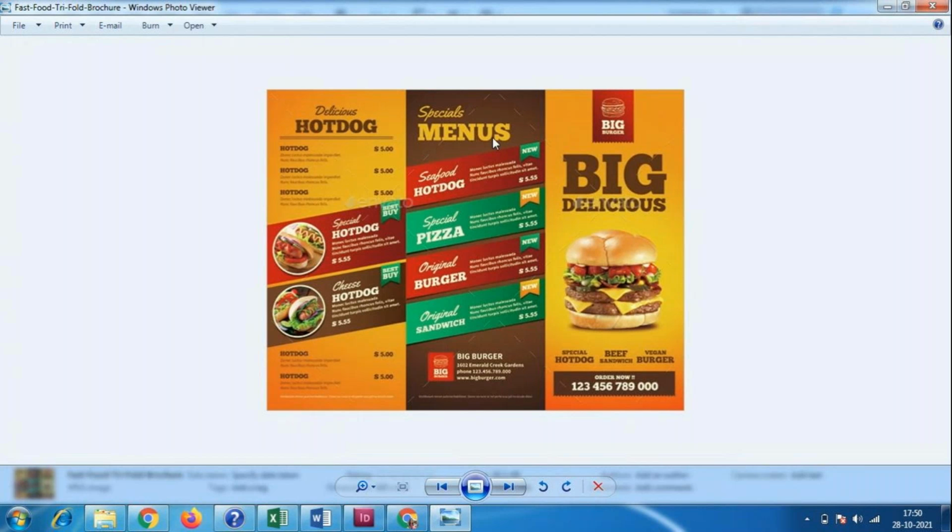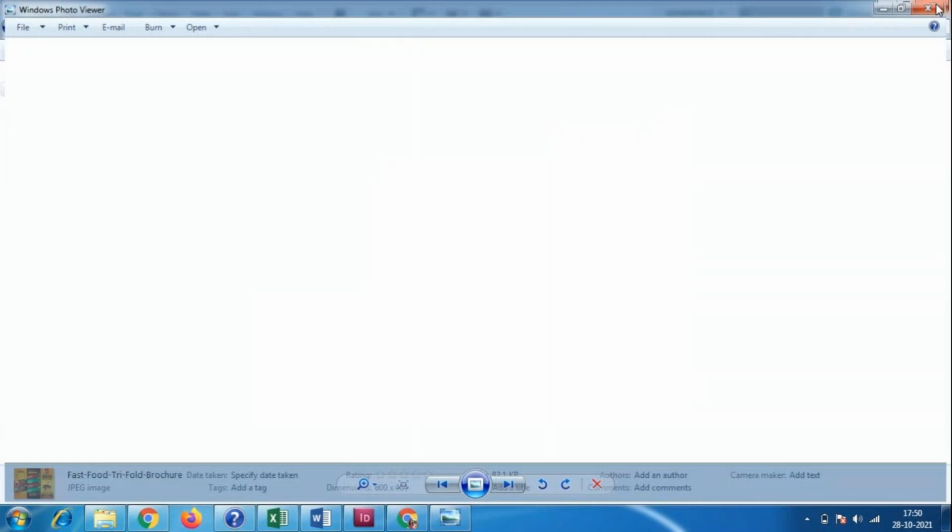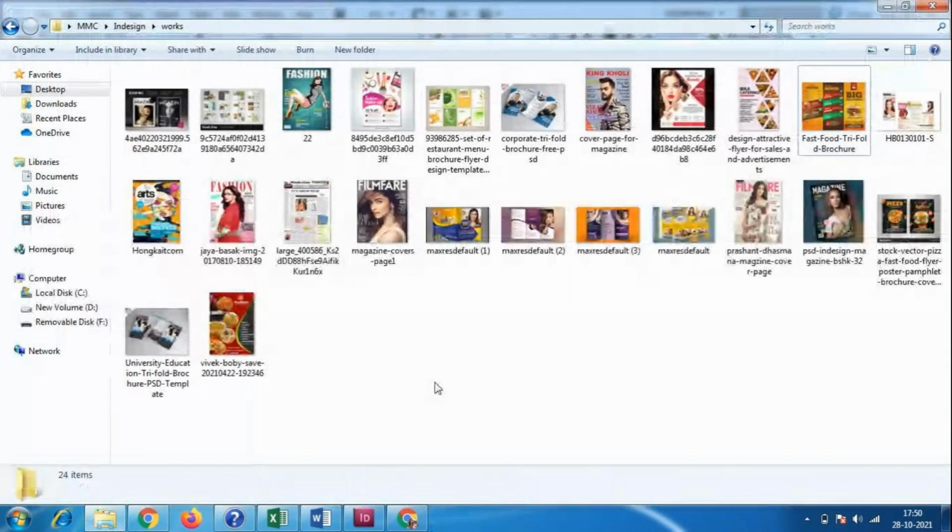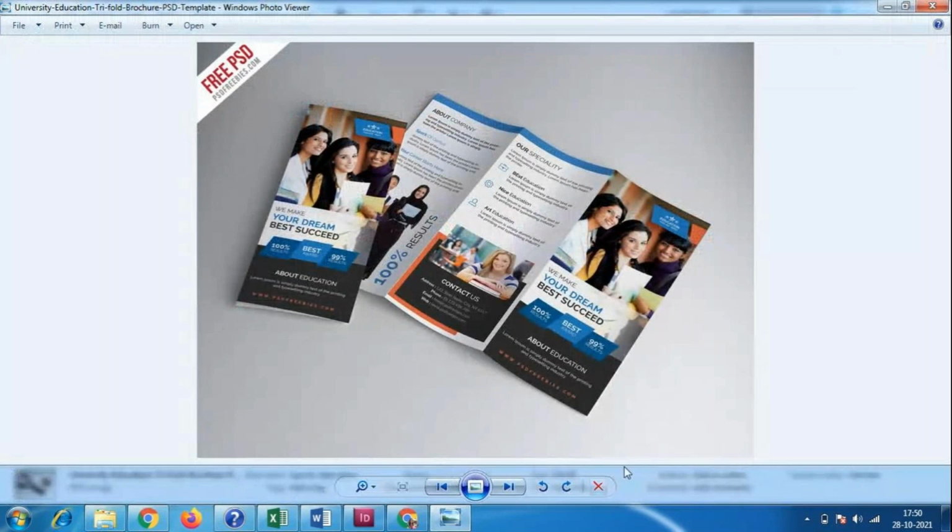Afterwards we have to fold it, so we need to take 3 columns. So with 3 columns we have to make 3 designs. This is the pamphlet design, menu card design. Like that we have different ones. See, this is the education-related university pamphlet. Whatever courses they have introduced are there, and they mention the campus, career opportunities, and 100% result, all those things in the education-related pamphlets.